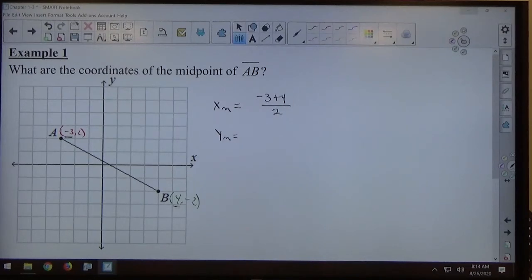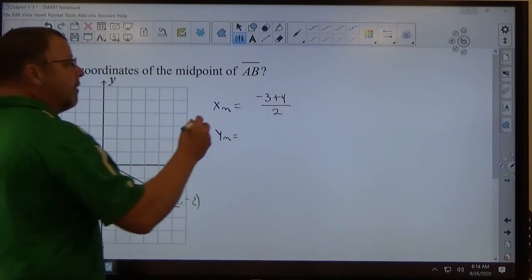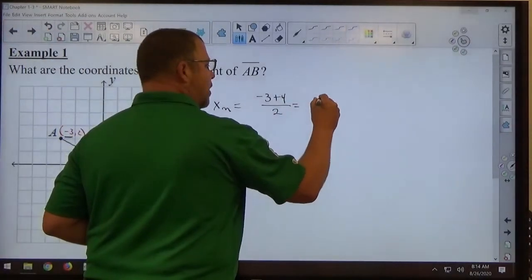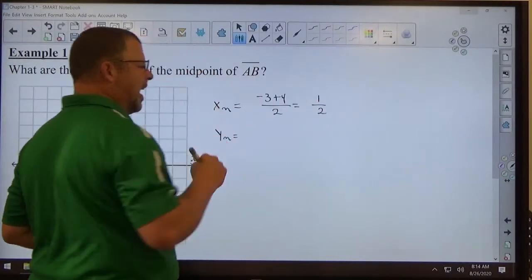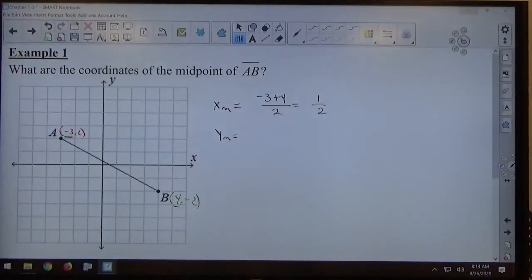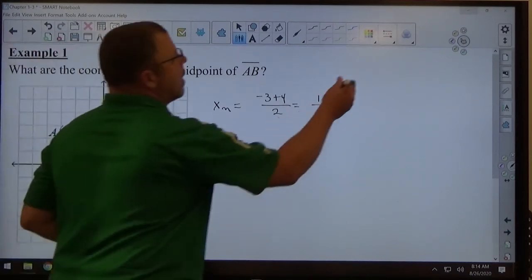So we're finding the average of the x's to find the x-coordinate of the midpoint. And if I add negative 3 and 4, I'm going to get a positive 1, and then 1/2 doesn't reduce, so I keep it 1/2. Okay. I like fractions better than decimals, but if you put 0.5, I wouldn't count it wrong. All right? So the x halfway between the x's is 1/2,